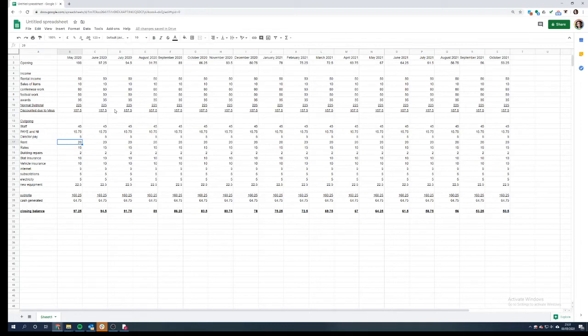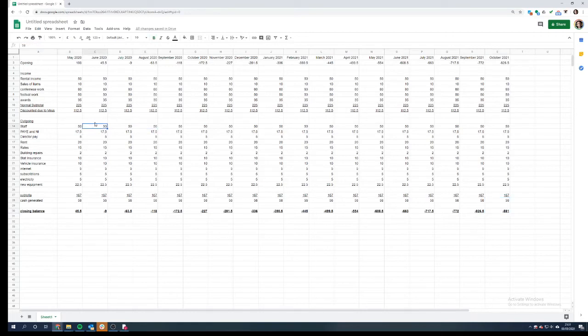Now, if your business is looking like it's going to have a tough time, let's take the pub industry. I keep saying these guys because I think it's going to be really difficult for them. And let's say their staffing costs can't reduce that much. They're at 50 a month. And let's say their work's going to drop by 50%, their income by 50%. Let's look at that. We're now at minus 881 for the period. So that looks pretty bad.